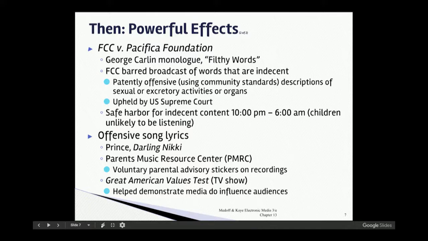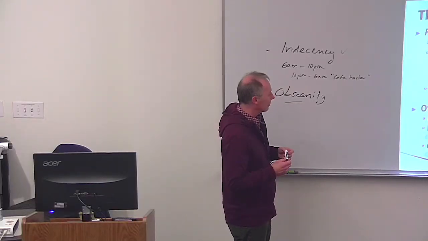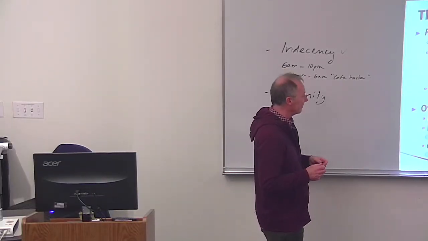And Carlin came up with 7 filthy words and put them in a comedy album. And the comedy album was played over the radio sort of midday, so it wasn't protected by safe harbor, right? And somebody complained about 3 months later to the FCC, and they looked at the case and they said, yep, George Carlin said the F word, the B word, and all 7 words. He said them, and you broadcast them, so we're going to fine you, and a very large fine.